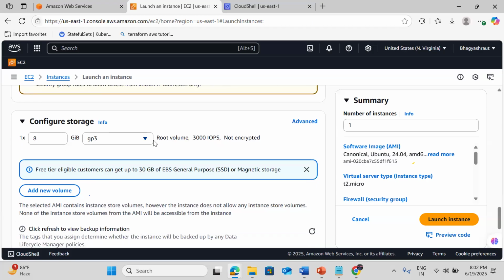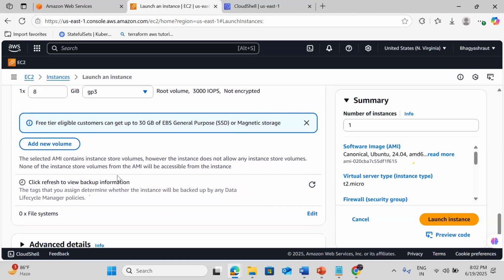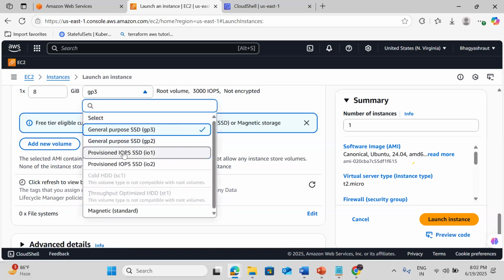These are different types of EBS volumes. As of now, GP3 is general purpose, which stands for general purpose 3. Previously, we had GP2 also, general purpose 2, which they give free of cost. There are also provisioned IOPS volumes, IO1 and IO2. Why we are not choosing these is